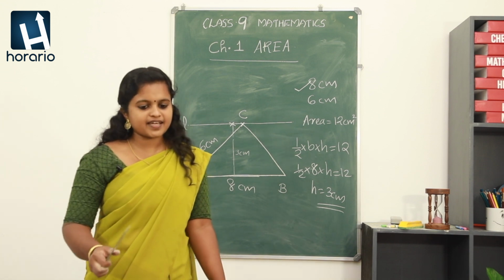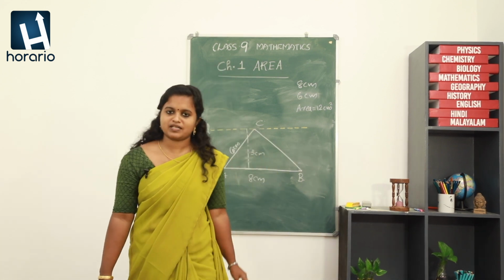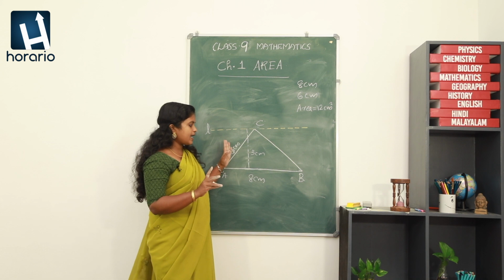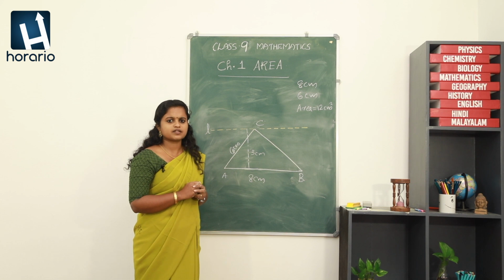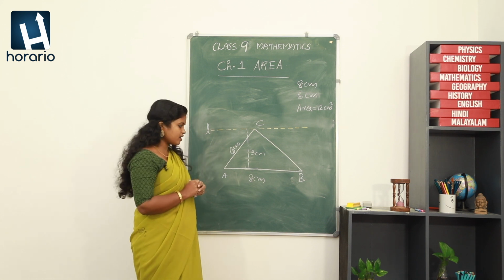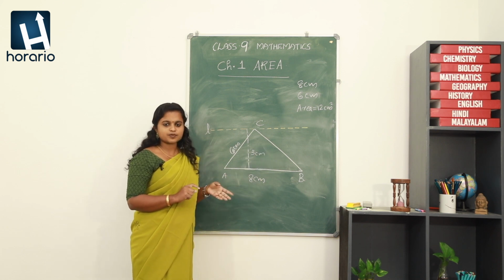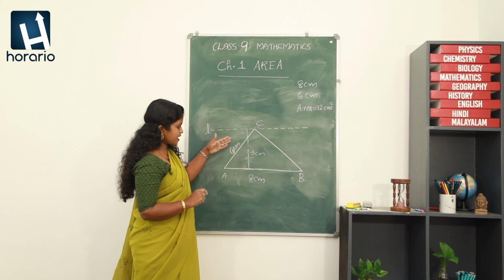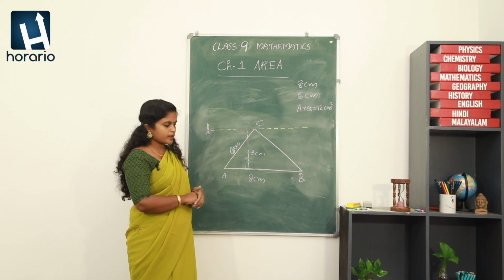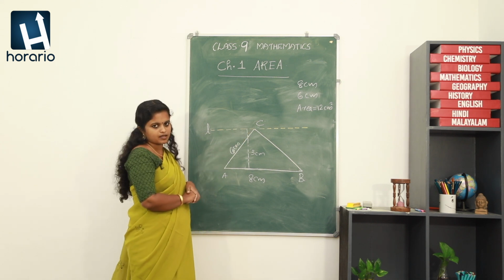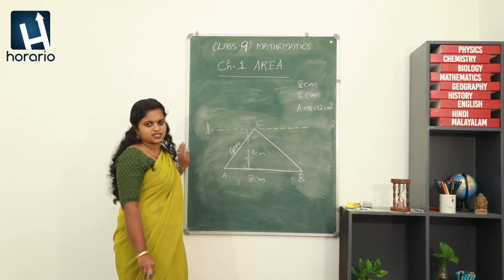The second part says that how many different triangles can you draw with these measurements? We are not supposed to change any of these measurements, but we should get another triangle. Is it possible? It was possible if we are not supposed to change the base and area alone. Right? In the previous problem, we are free to change the sides. But here, we have restricted the side also. We are not supposed to change the 6 centimeter. We should keep 8 centimeter, 6 centimeter and the area as a constant.